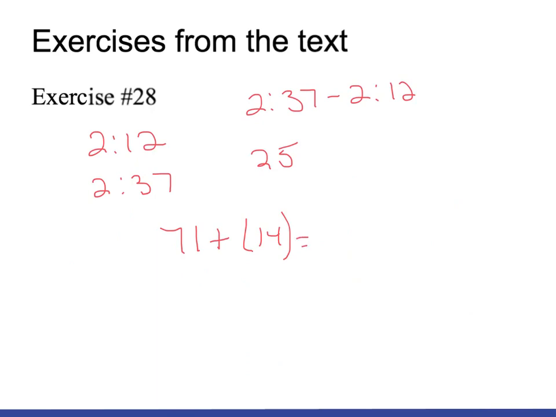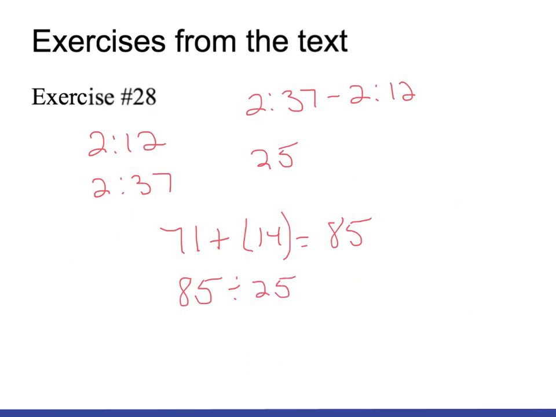So 71 plus 14 degrees, that gives me 85 degrees. So it changed 85 degrees. It went from 71 to negative 14 degrees. So now I'm going to say 85, whoops, let's write that better, 85 divided by